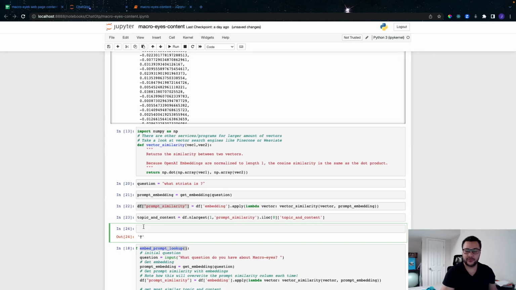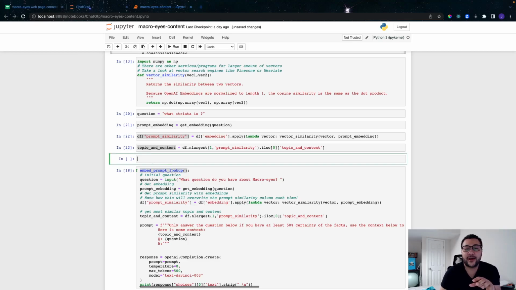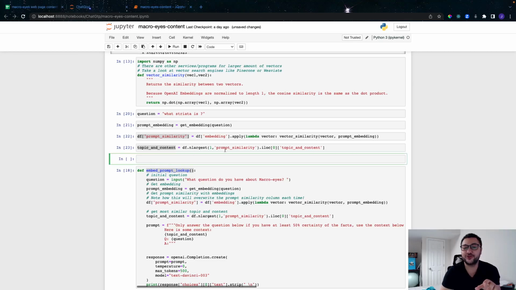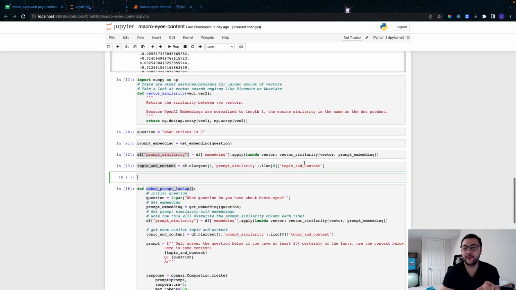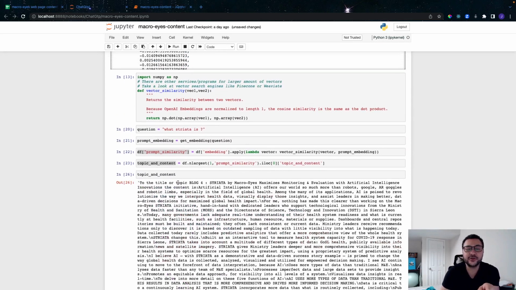After I apply this, it gives me the one with the higher similarity. So I can print it here, and I can see that it's choosing the one in block number 4, whose content is